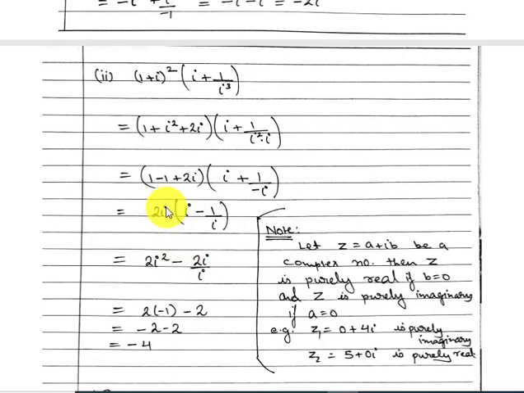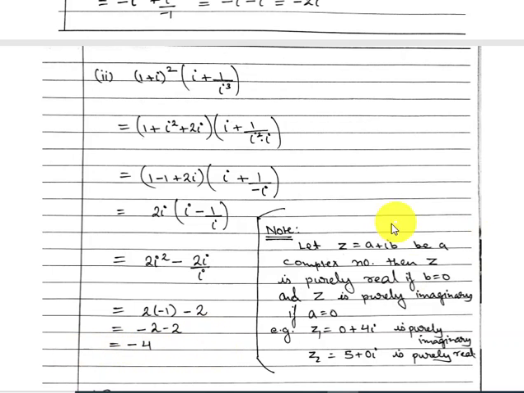Next, this 1 and this minus 1 get cancelled, so you're left with 2i. And in the bracket, you are left with i minus 1 by i. So let's multiply this 2i to each. We get 2i square minus 2i upon i. So 2i square, i square means minus 1, so I'll replace this. So minus 1, and this i and this i get cancelled, so I'm left with minus 2. Clear? So we get minus 2 minus 2, that means minus 4.